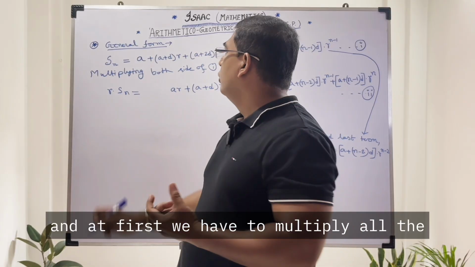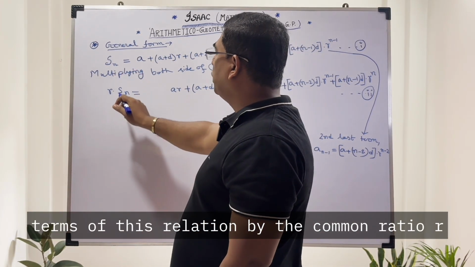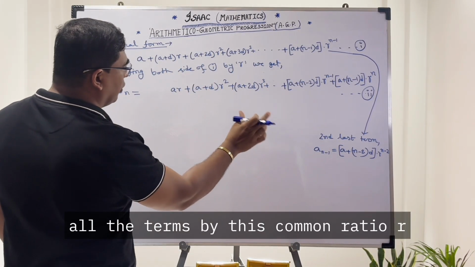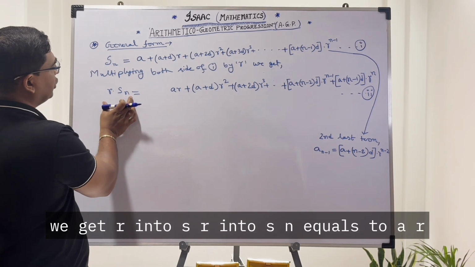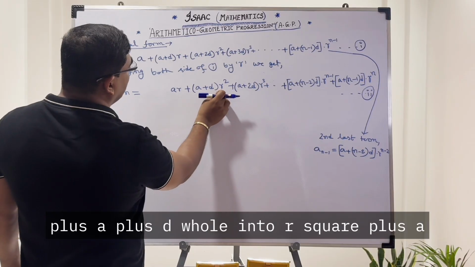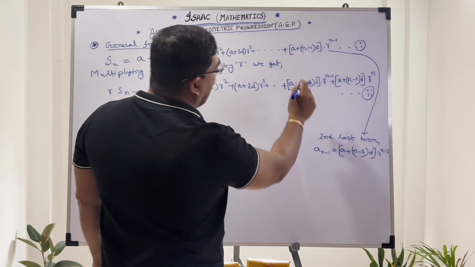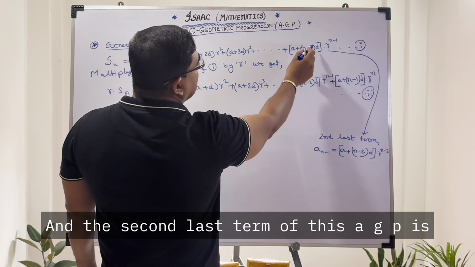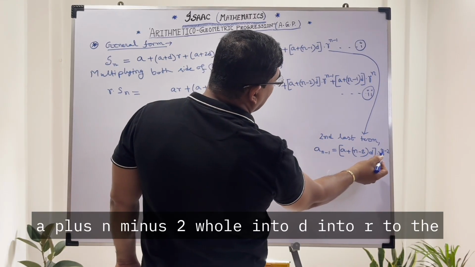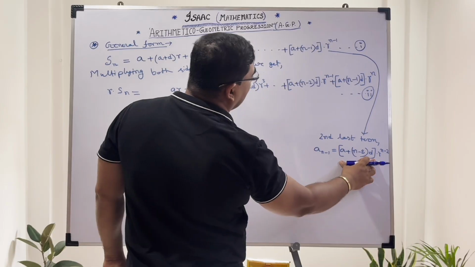At first we have to multiply all the terms of this relation by the common ratio R, and after multiplying, we get R into Sn equals to AR plus A plus D whole into R square plus A plus 2D whole into R cube plus continuing, and the second last term of this AGP is A plus n minus 2 whole into D into R to the power of n minus 2. When this is multiplied with the common ratio R, then we will get